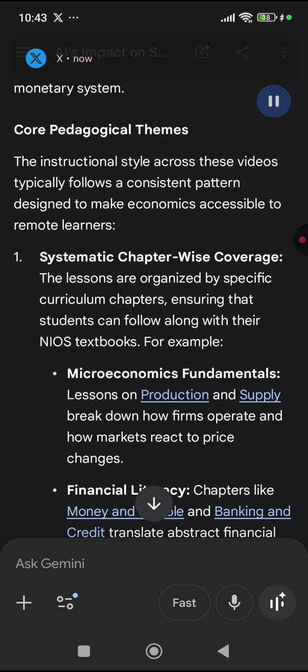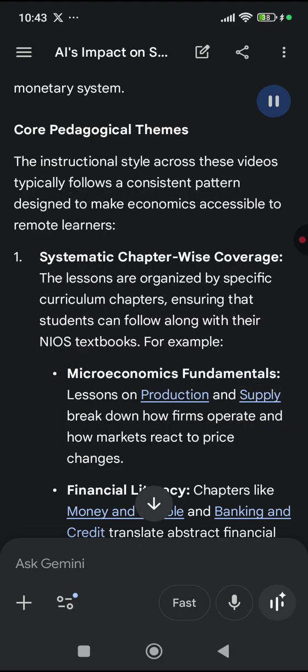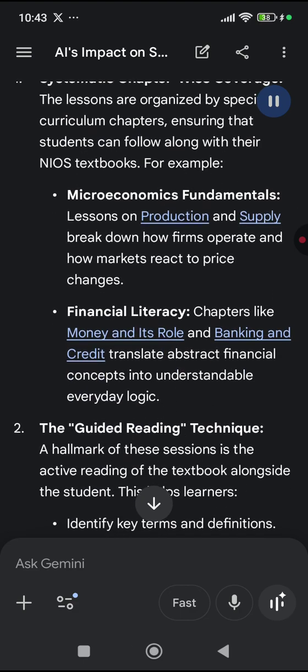to remote learners. 1. Systematic chapter-wise coverage. The lessons are organized by specific curriculum chapters, ensuring that students can follow along with their NIOS textbooks. For example, Microeconomics Fundamentals, lessons on production and supply, break down how firms operate and how markets react to price changes. Financial literacy: chapters like money and its role and banking and credit translate abstract financial concepts into understandable everyday